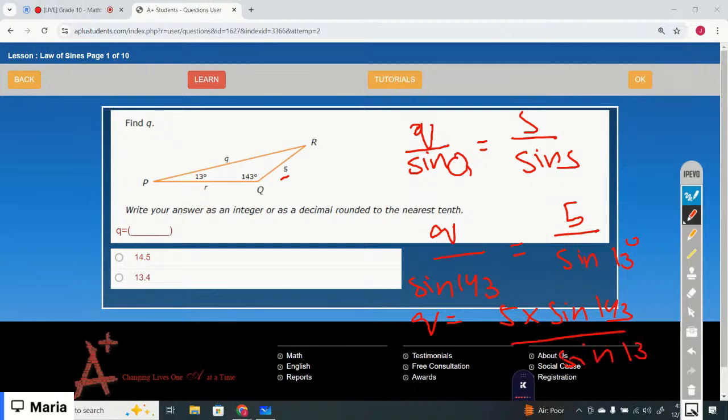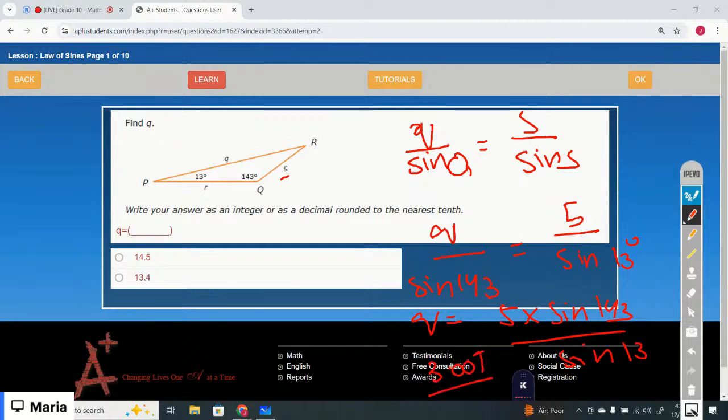So let me just do the calculations, right? Sine 143 is 0.6018, and 0.6018 times 5 is